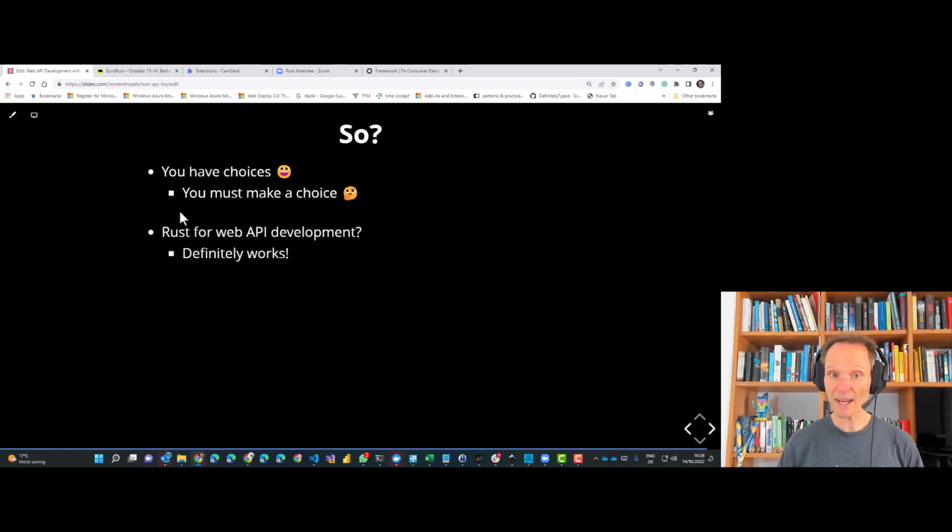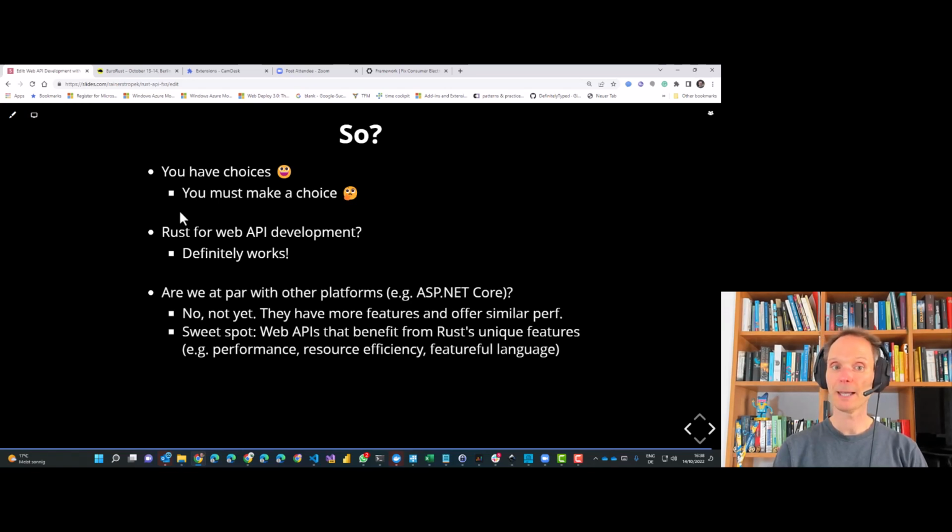Is Rust ready for web API development? Absolutely. It definitely works. You can solve your requirements, and you will end up probably with very performant and very good and very stable API implementations. Are we, meaning Rust, at par with other platforms like ASP.NET Core? No, we are not. So if you expect a similar functionality as with ASP.NET Core, for instance,